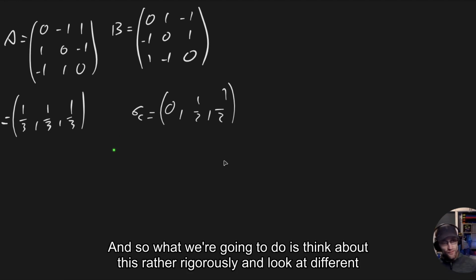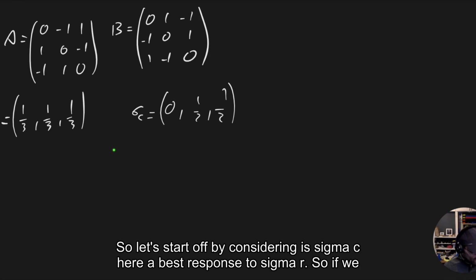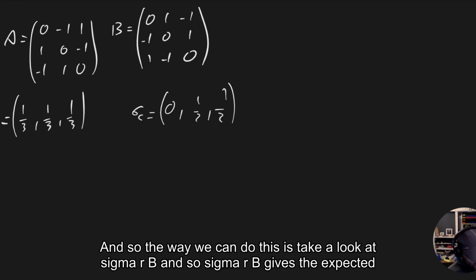And so what we're going to do is think about this rather rigorously and look at different ways of calculating what the conditions would have to be. So let's start off by considering, is sigma c here a best response to sigma r? If we know that the row player is playing a third, is this a best response? And so the way we can do this is take a look at sigma c,